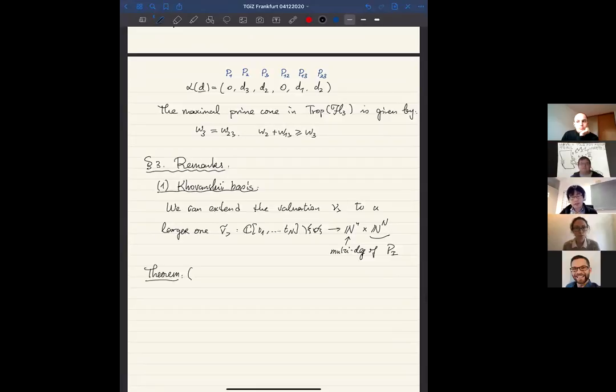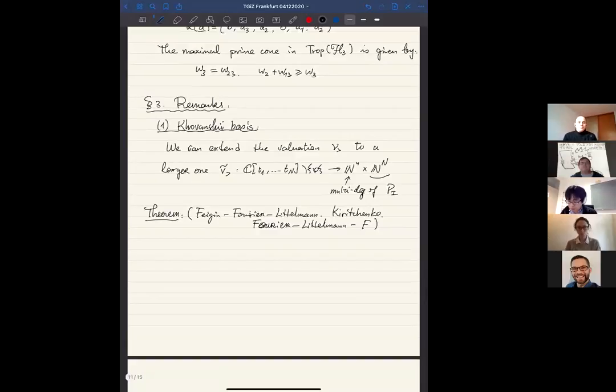This theorem, I should say, is a consequence of many different results. Essentially, this is first by Feigin, Fourier, Littelmann, and by Kirillov, and also one needs the work of Fourier, Littelmann, and myself. One can combine all these works to prove the result saying that